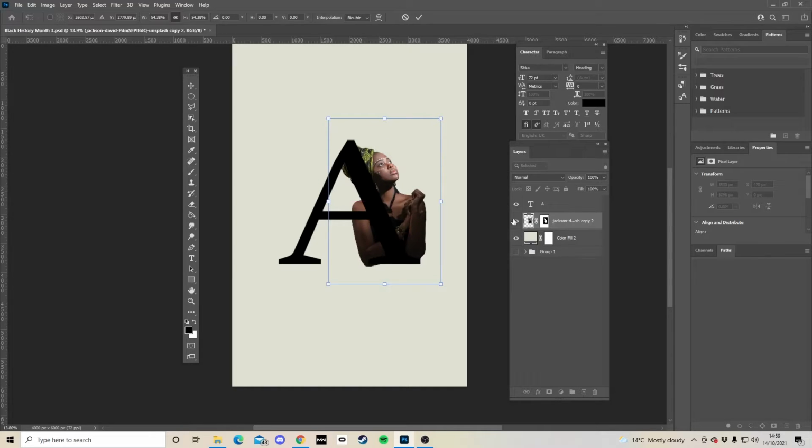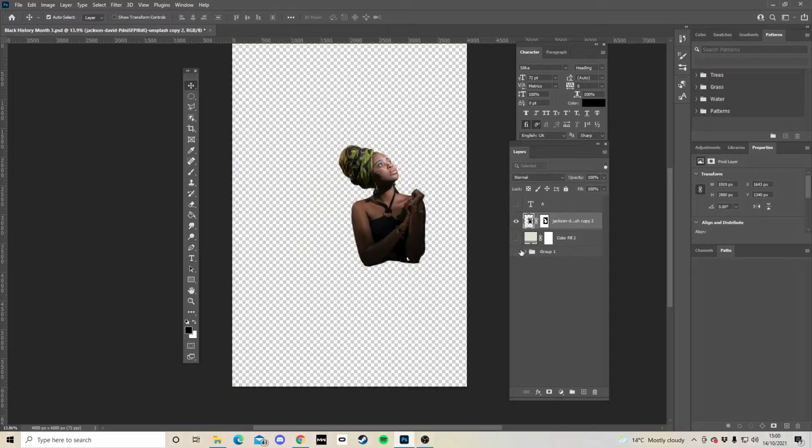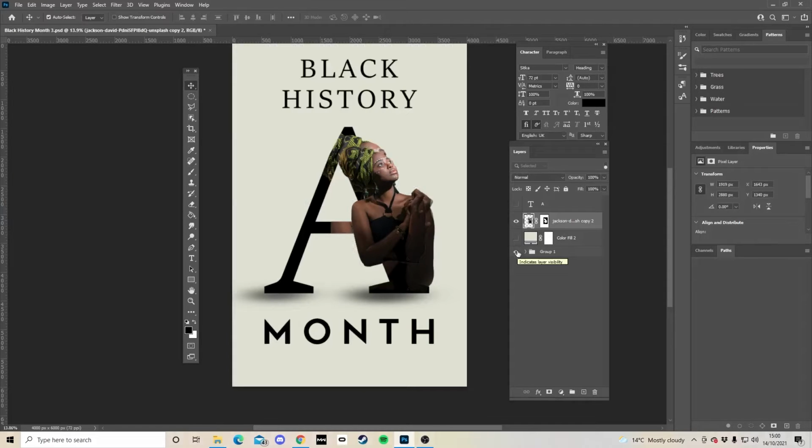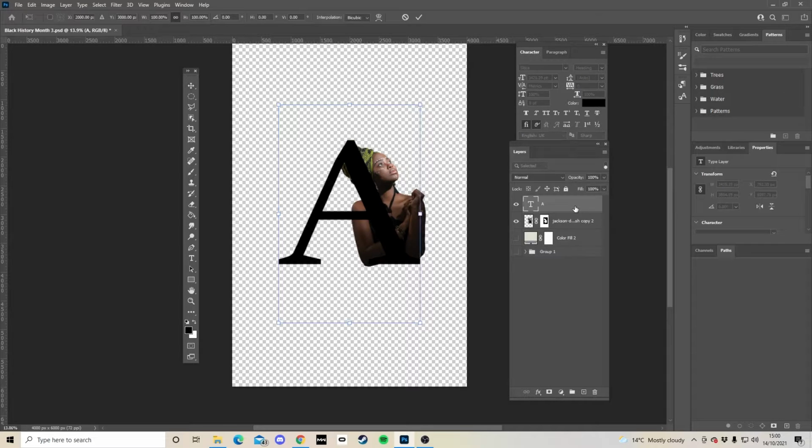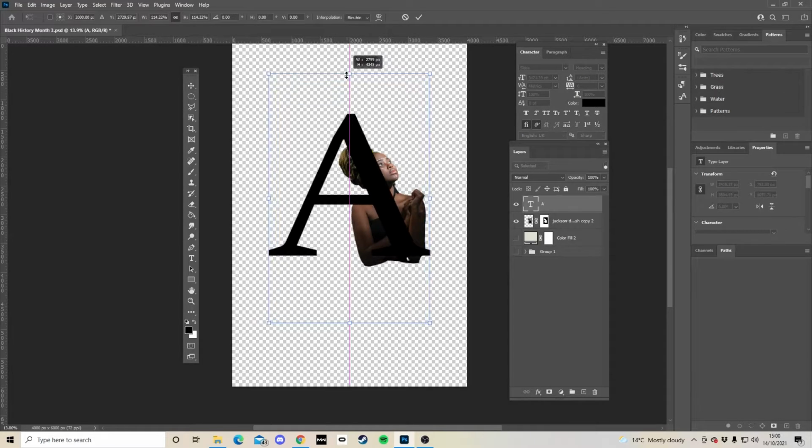Something like that will do. Let me just check my original one. Okay, so she was a bit bigger on the original one, and so was the A. Okay, let's make the A bigger to start with. Make that a bit bigger like that,